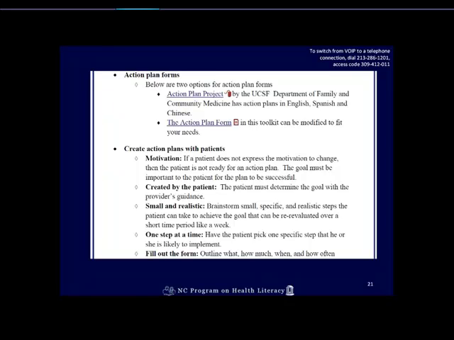And so we were familiar with that, and this action plan was a little bit different in that, as we talked about at another time, the asthma action plan is kind of if this, do that type of a plan, whereas this was more of a shared process between the patient and the physician